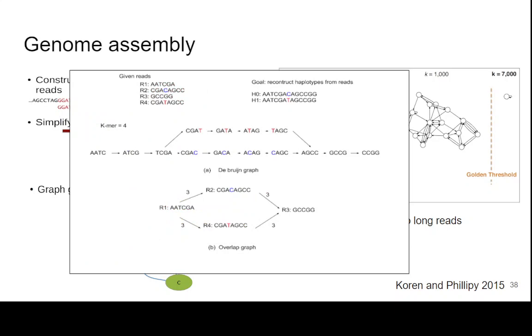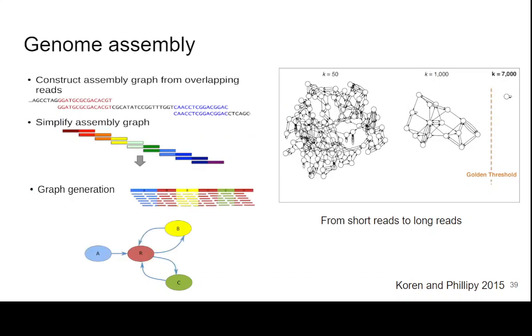And in the de Bruijn graph, what you do, you break the reads into these fixed length words, and now each node is that word and the connections are the overlaps, and it's typically bidirectional. And now the goal, if we want to get the haplotypes, is to find these haplotype paths through the graph. So when we constructed this graph from short reads for 2 decades, the graphs were very tangled because